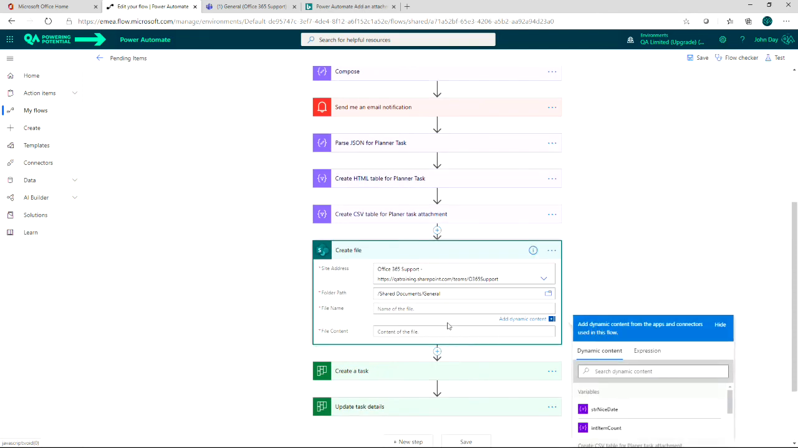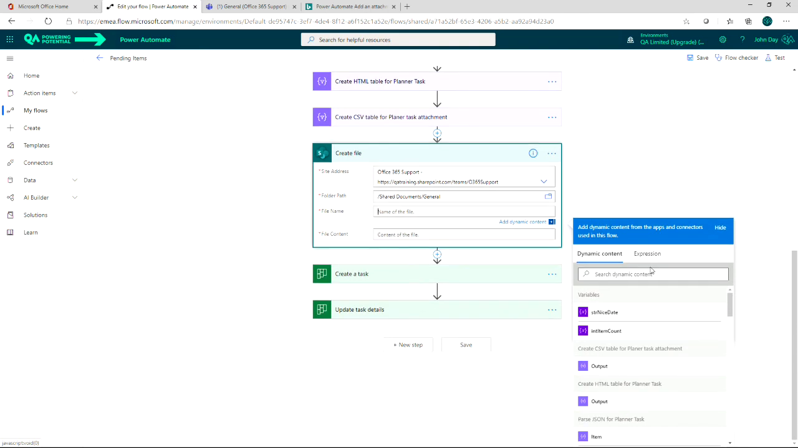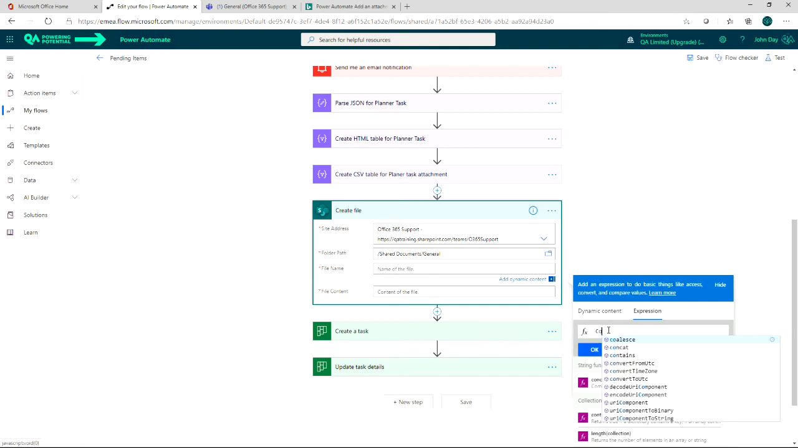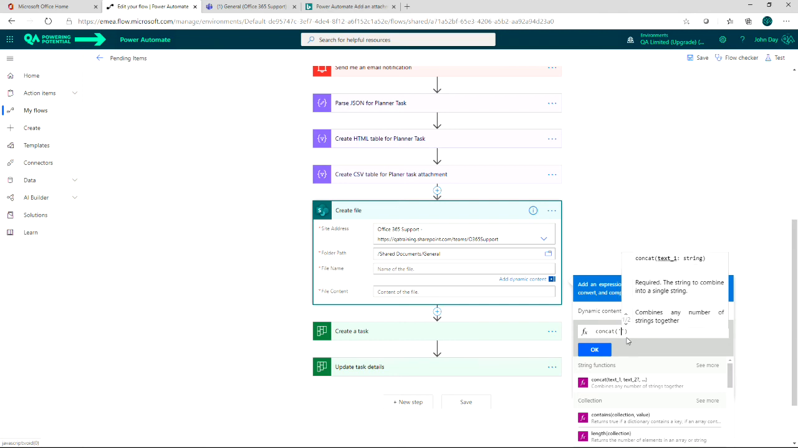File name, it can be anything you like, but the most important thing with this is that I want to mark that this is a CSV file. It's very important with the extension in there so it launches appropriately. So I'm going to put this in as orders. I'm going to concatenate actually, orders, hyphen,